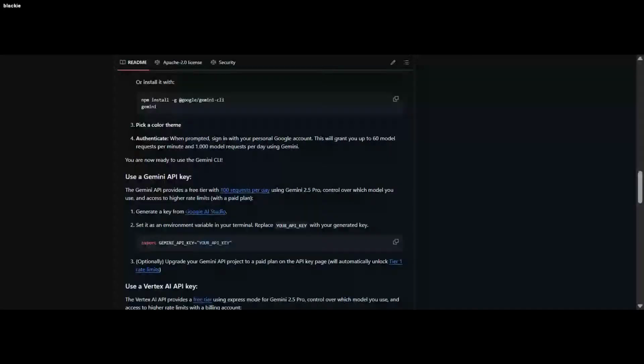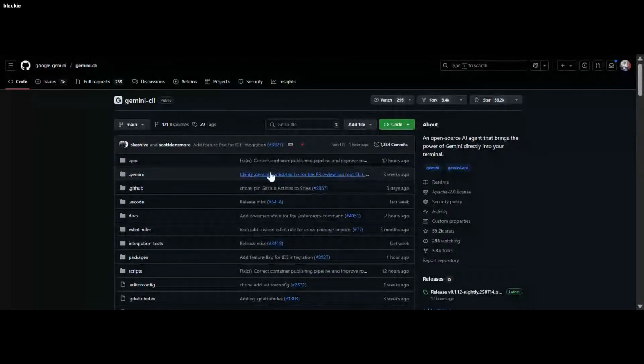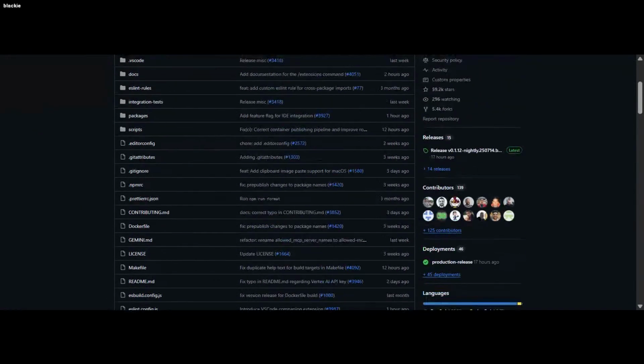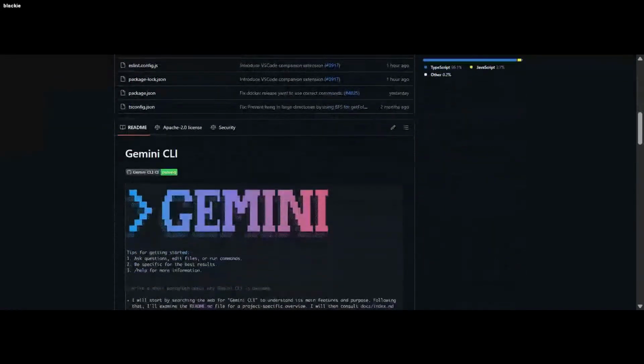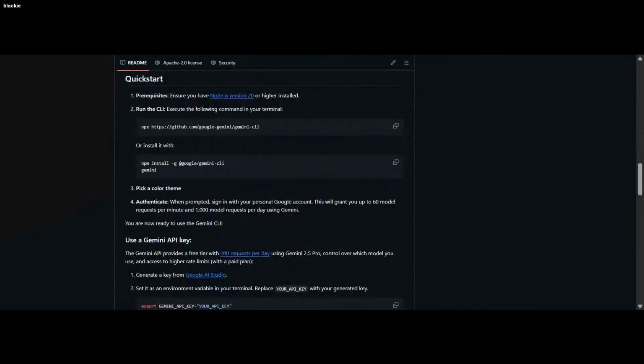So basically, this is the official repo by Google, the Gemini team. And this repo is very straightforward. You don't need to read all this. You need to read from here. You can install it two ways, using npx or npm.